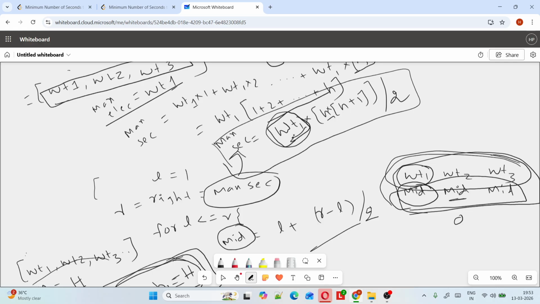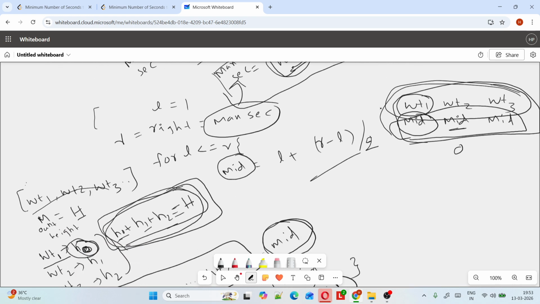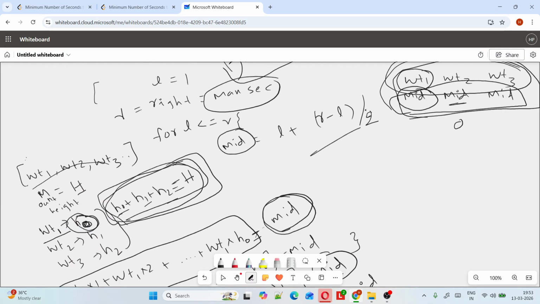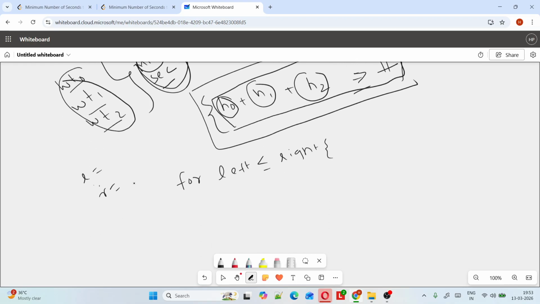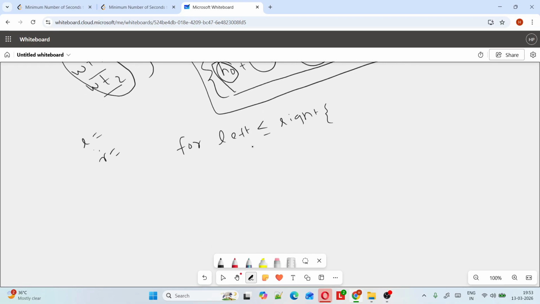Okay. Square root of wt1 into h plus h1 by 2. Now, so we have left and right. So now take mid equal to left plus right minus left by 2. Now check if